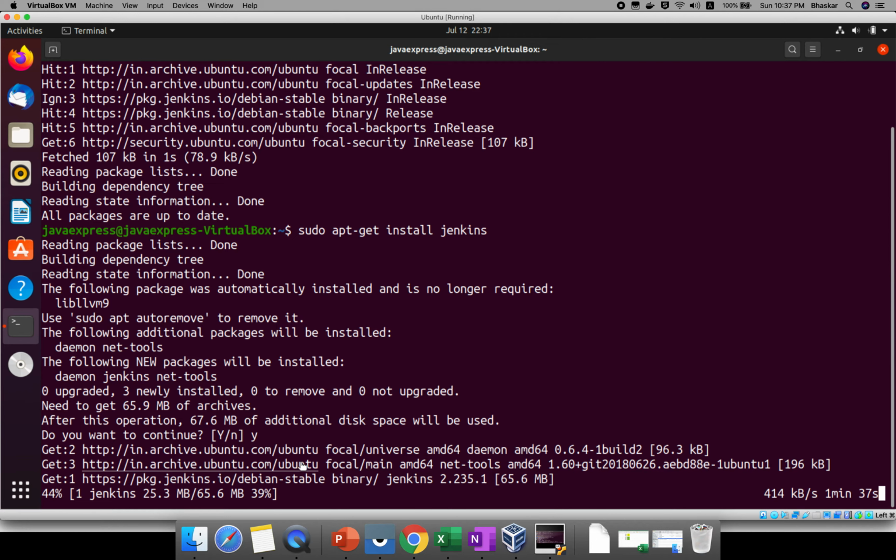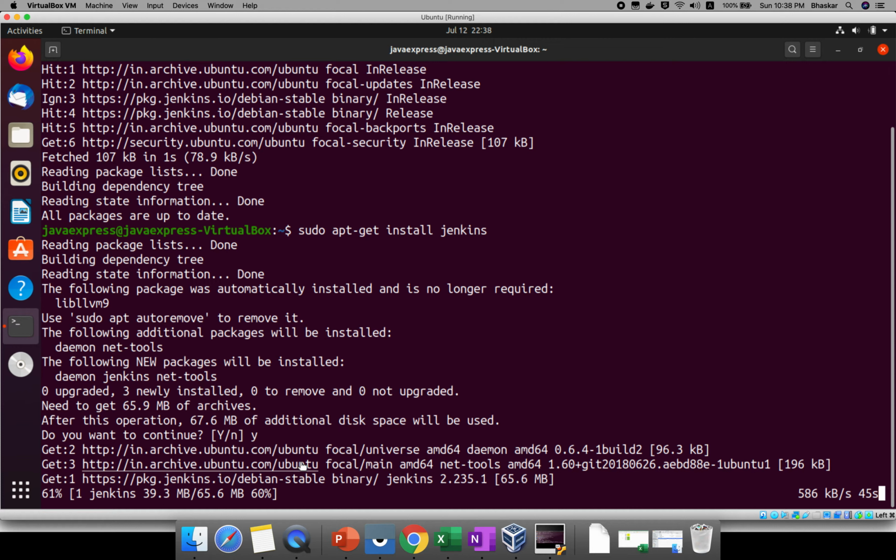By default, Jenkins will run on port number 8080. Initially when you log in, it will ask for a default password, and the URL for that password will also be given to you. It is around 55% now, so it is installing.